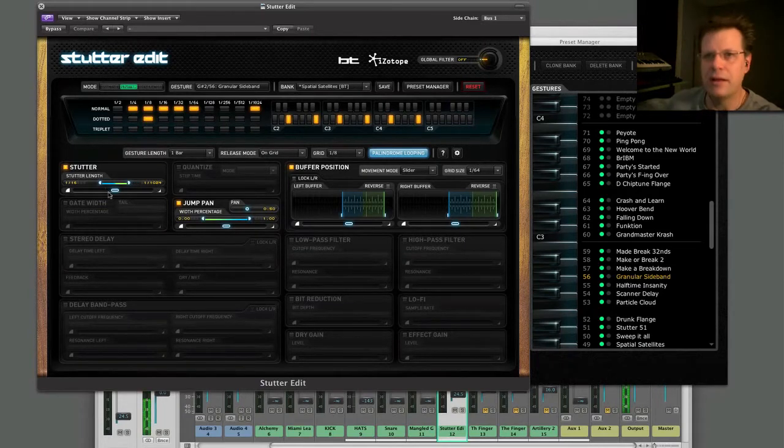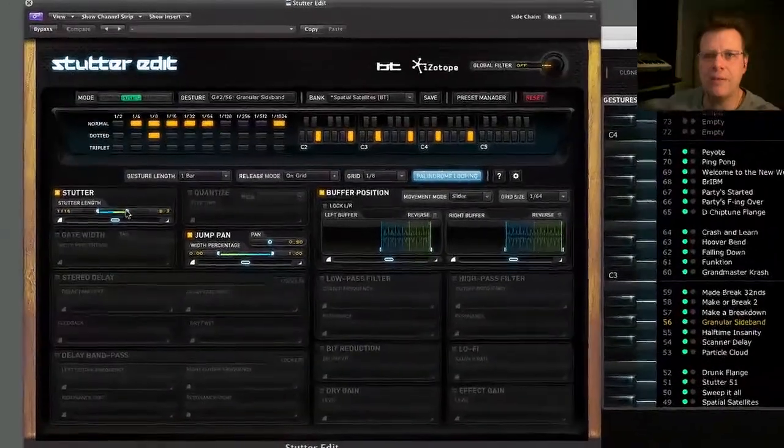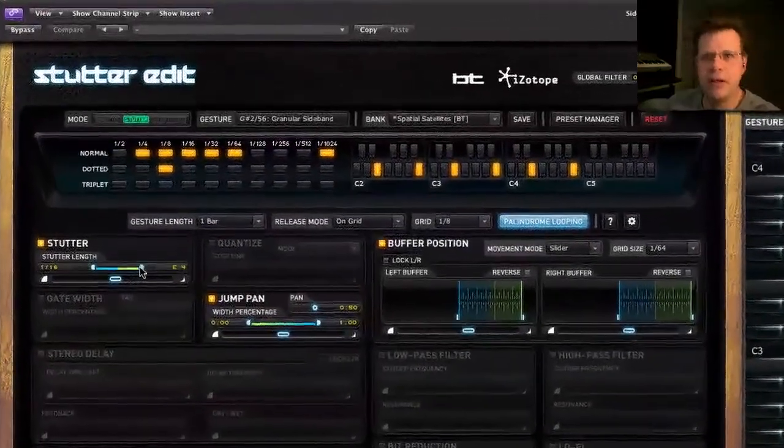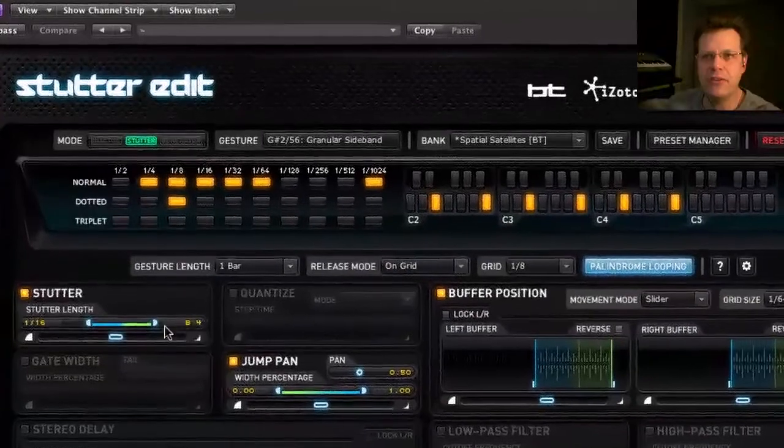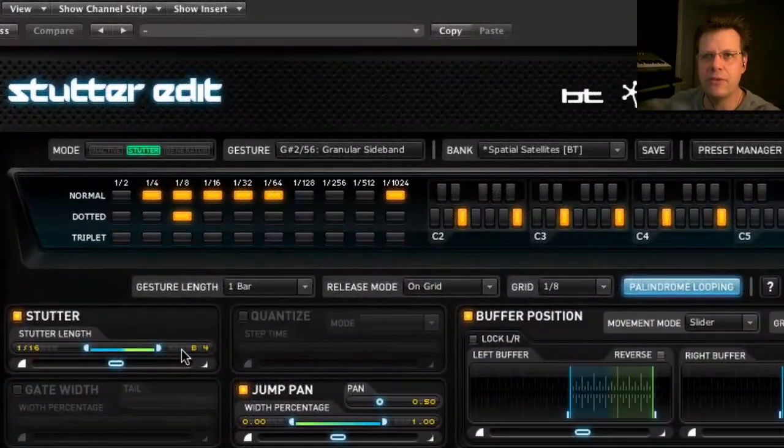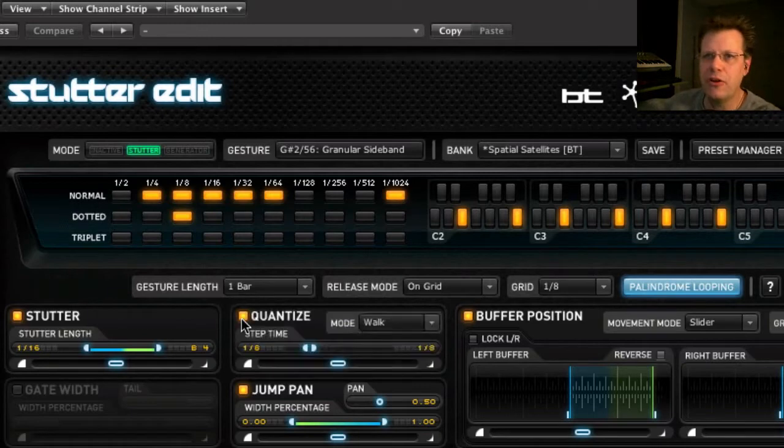So now as we play it, since I turned those on, I now have to tick and click my slider. And if I keep going up above, you see how this changes to show note values. So it's finding all those notes. So now when I hit play, you didn't hear it go to notes, but you heard it slide up to the notes. So let's turn on quantize, have it walk them at eighth notes. So now when I play,